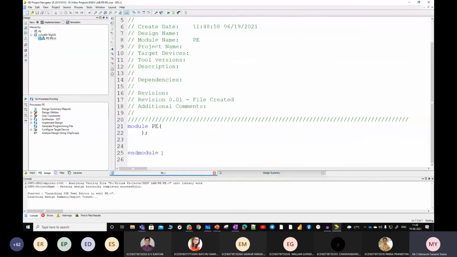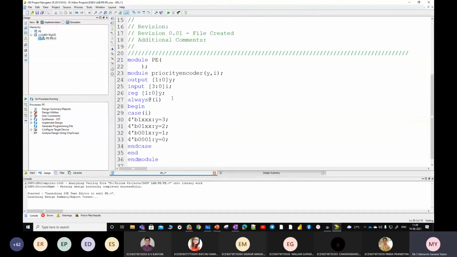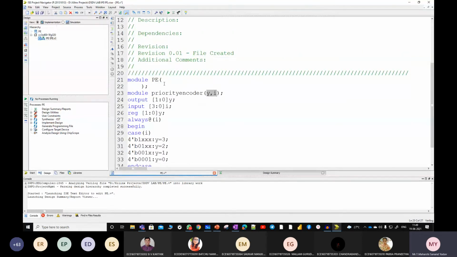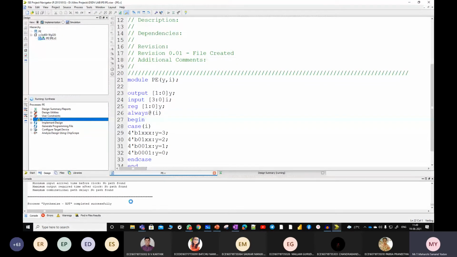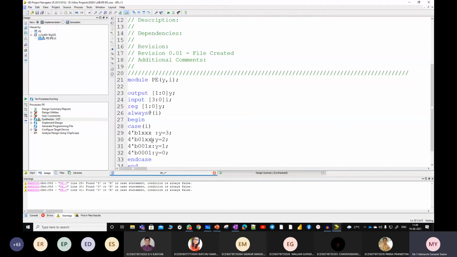I'll paste the code which I have written just now. Save it. Synthesize. No errors. It's showing some warnings: found Z or X in case statement, condition is always false. So let me simulate this and check whether we are getting the result or not.